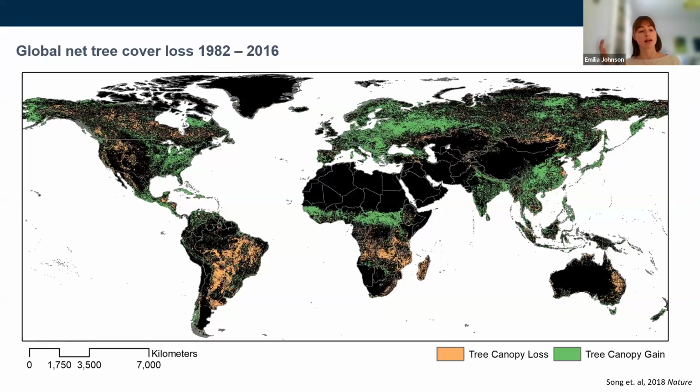So you can visualize that further by overlaying maps of forest gain and forest loss, and you can see that where there are hotspots for zoonotic spillover on the previous map correspond to areas with extensive landscape change in recent decades, particularly Central America, West Africa, and East and Southeast Asia. And I saw on the intro to where you're coming from that lots of people are coming from Southeast Asia.